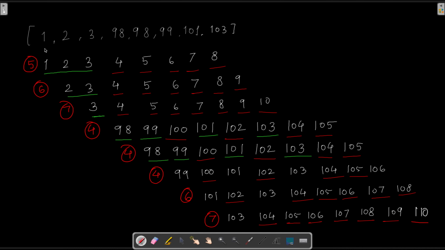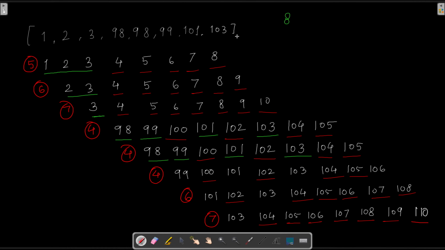The second thing that we can do is, we can consider every element of the array as the minimum element, and then consider a sliding window of the maximum size that is possible. So we'll try to use as many elements as possible from this array, which will fall into the range of the starting element plus the size of the array that we are required to find, right? So in this case, for example, the total size is 8.